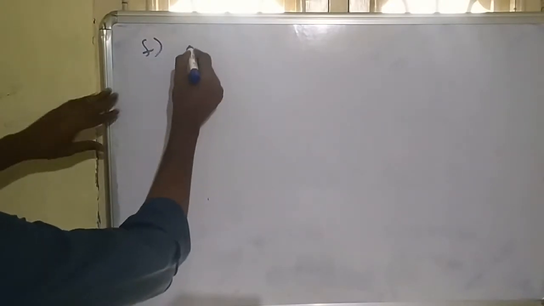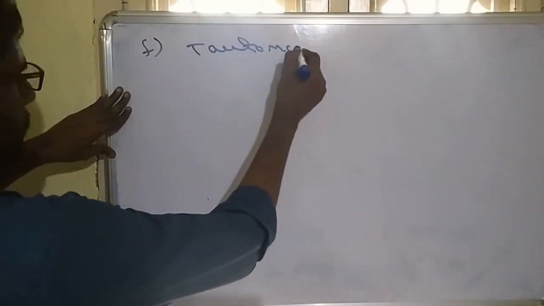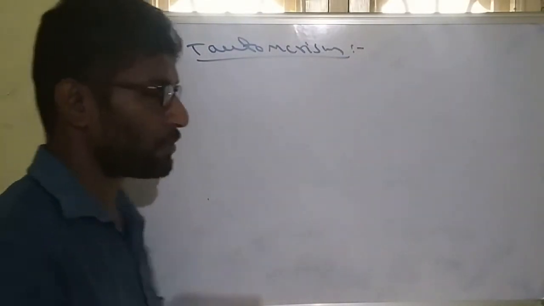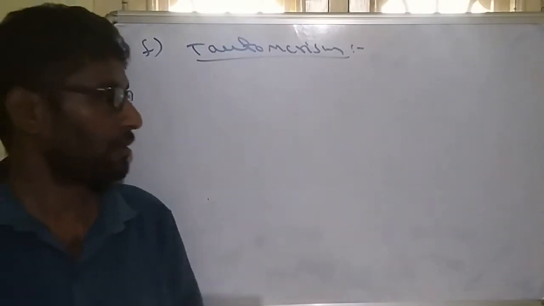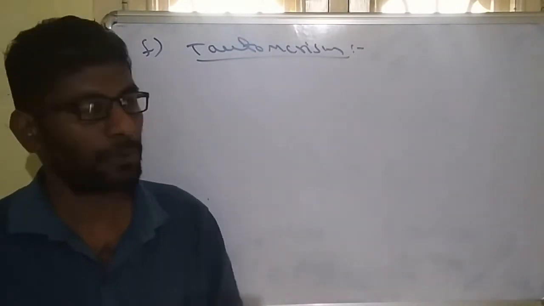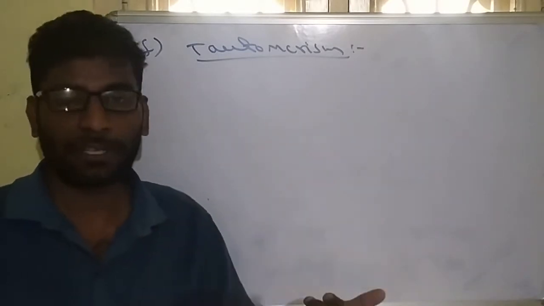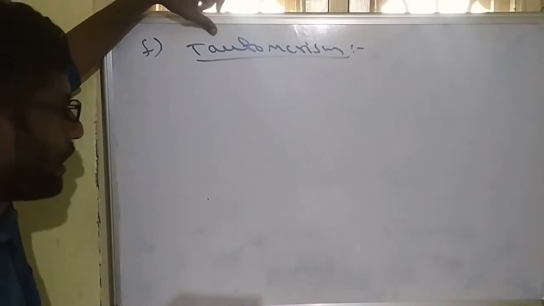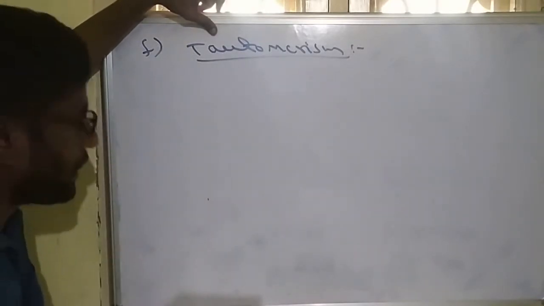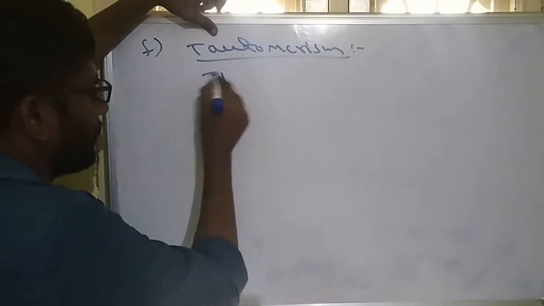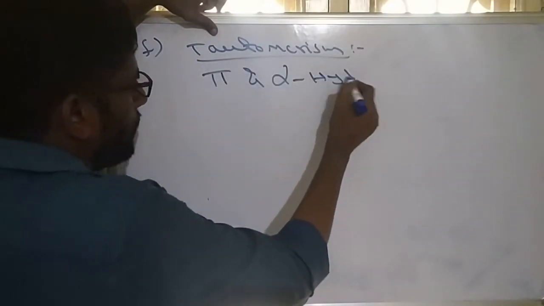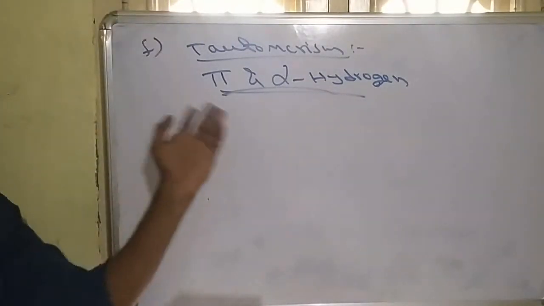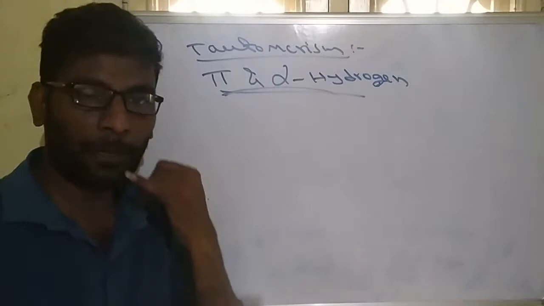Similarly, the last one is tautomerism. So what is tautomerism? Tautomers are not direct isomers, they are equilibrium isomers. So we don't need to form the isomers. In any given mixture, they always exist in equilibrium. Such molecules are called tautomers. Tautomers form when the molecule contains two conditions: a pi bond and an alpha hydrogen. If a molecule contains a pi bond and alpha hydrogen, both can exchange together, and tautomerism will take place.